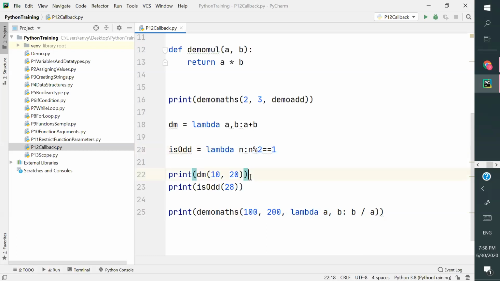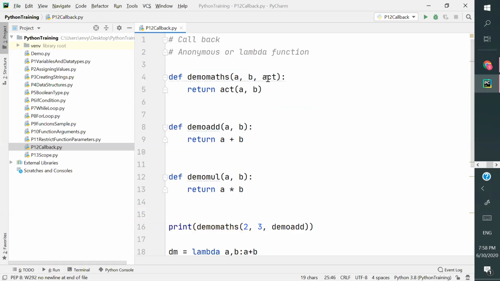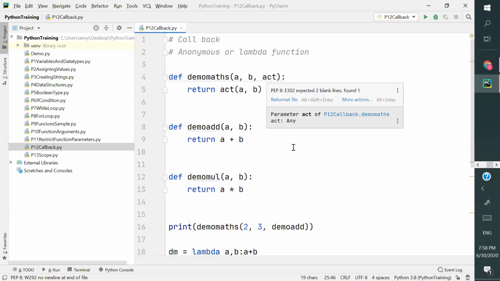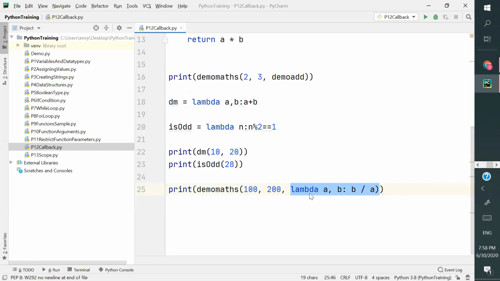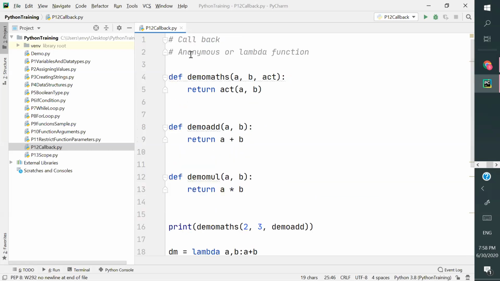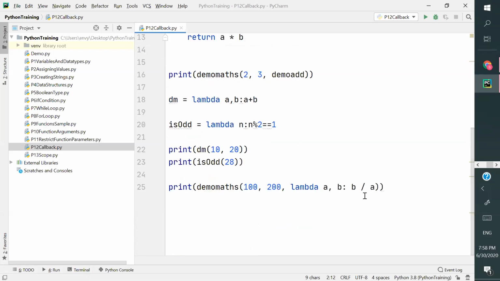If you don't want to call that function anywhere, that is, for one-time use functions, you can happily specify lambda functions. There is no name for it. Here act is the third parameter, so act is equal to this lambda function. That's why there is no name for it. That's why it is called an anonymous function. So a lambda function or anonymous function means there is no name for it.